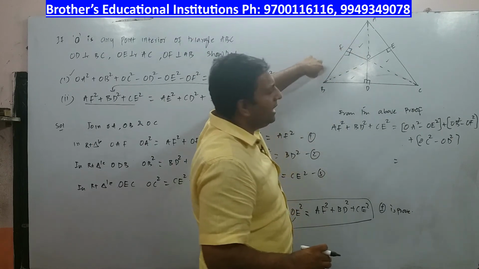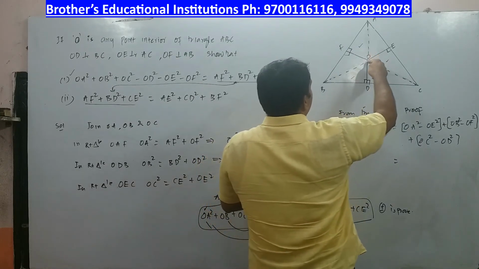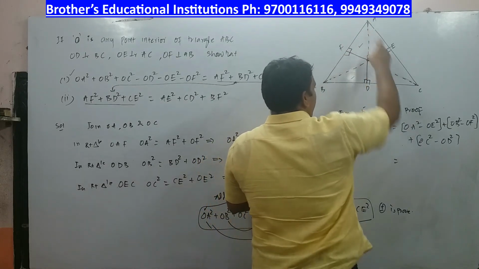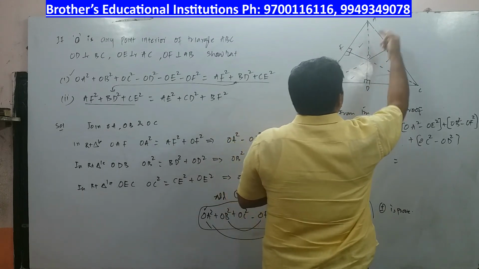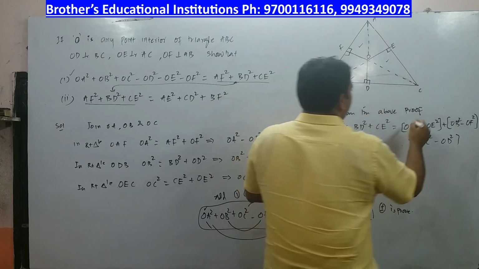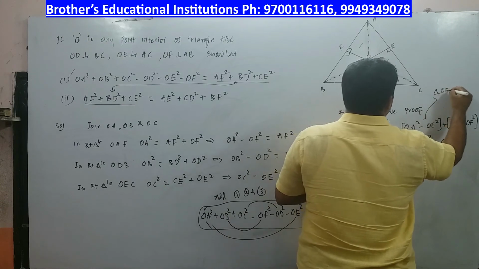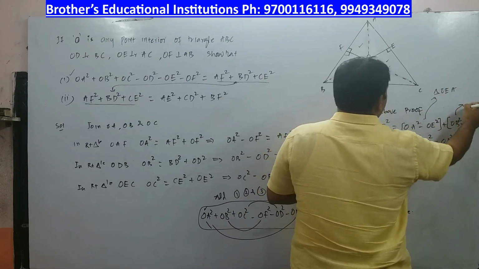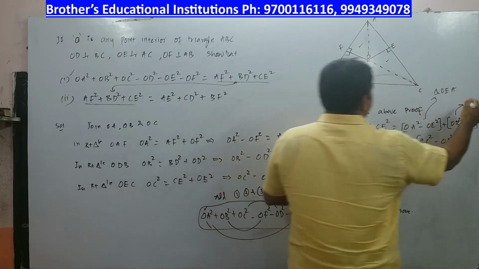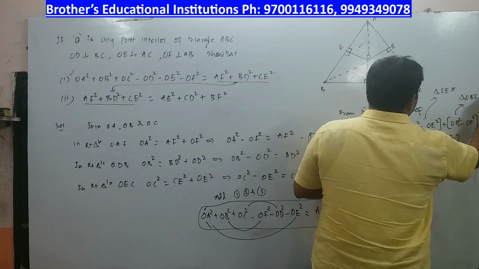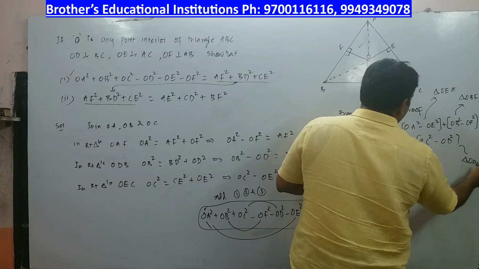Now you observe very, very clearly. Triangle OFD is also a right angle triangle. In triangle OAF, you observe OA square minus OE square will be equal to what? AE square, because this is in triangle OEA, and this is in triangle OBF, so I will consider triangle OBF. In triangle OBF, and this is as per this triangle, ODC.